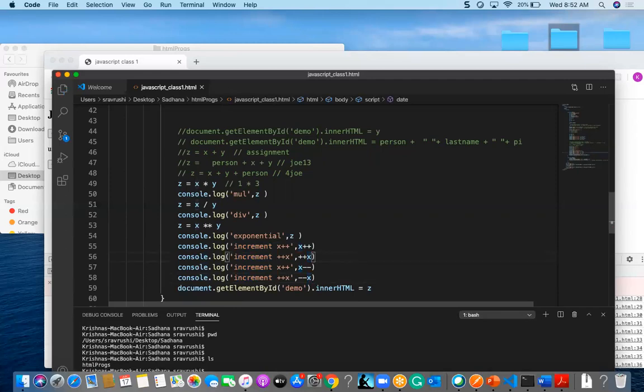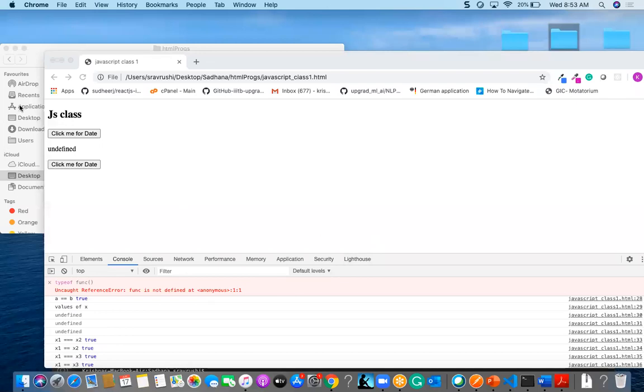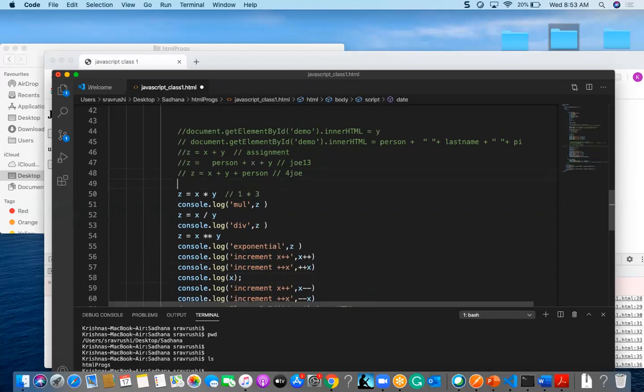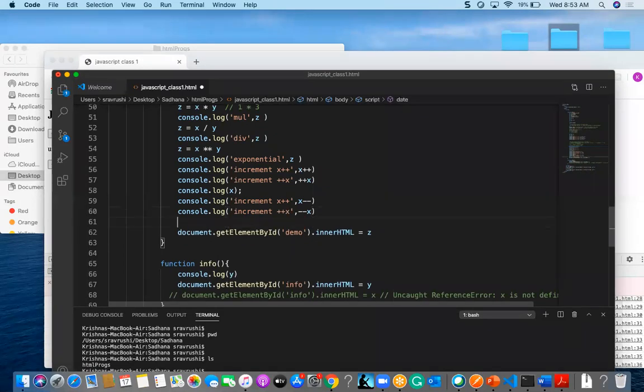So here I am going to display console.log x one more time, and I will label this log as arithmetic operations, and end it here.